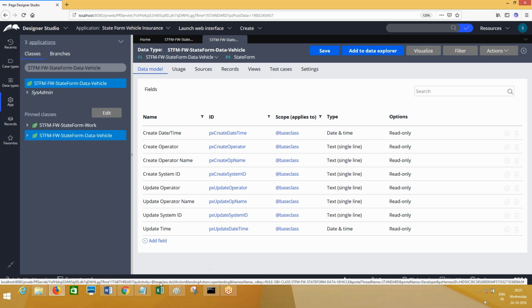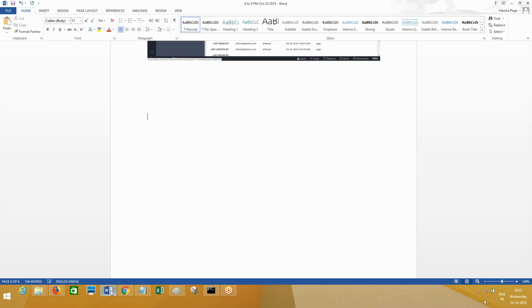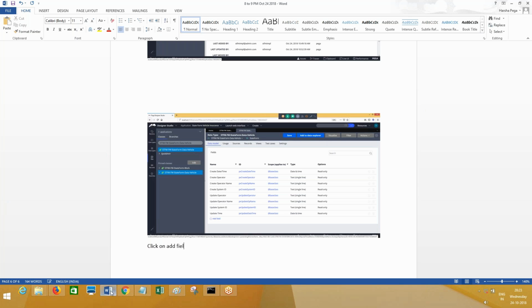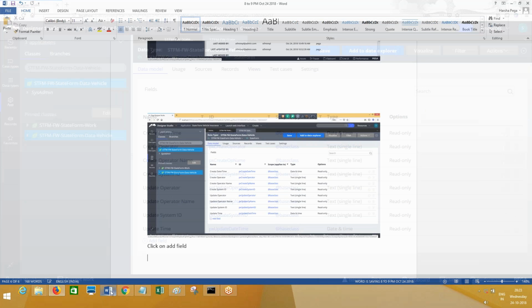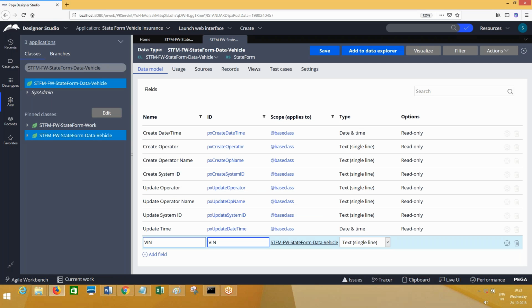Now this is the screen that gets created. Now click on add field. It will ask you for a label. What is the label? VIN. And the ID also the same. Text property. One property I've added. Again you click on add field. After VIN, what is the next property? Company.